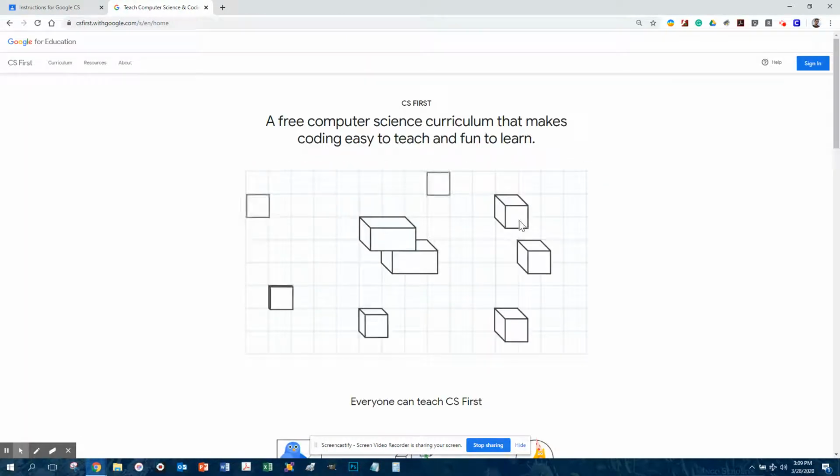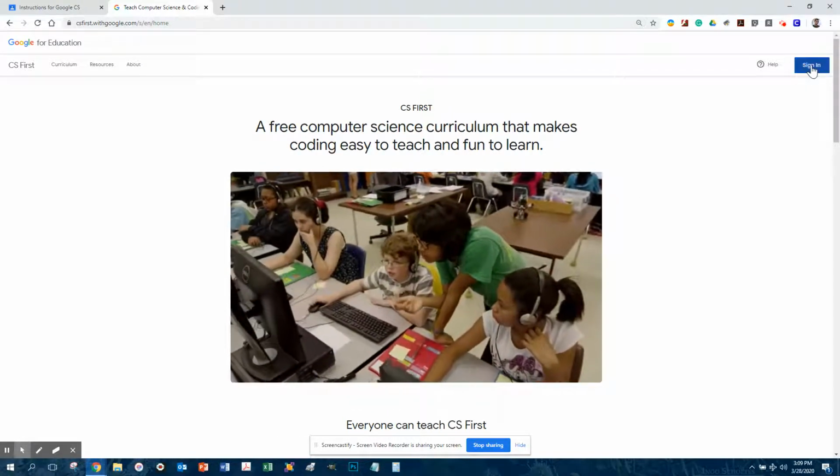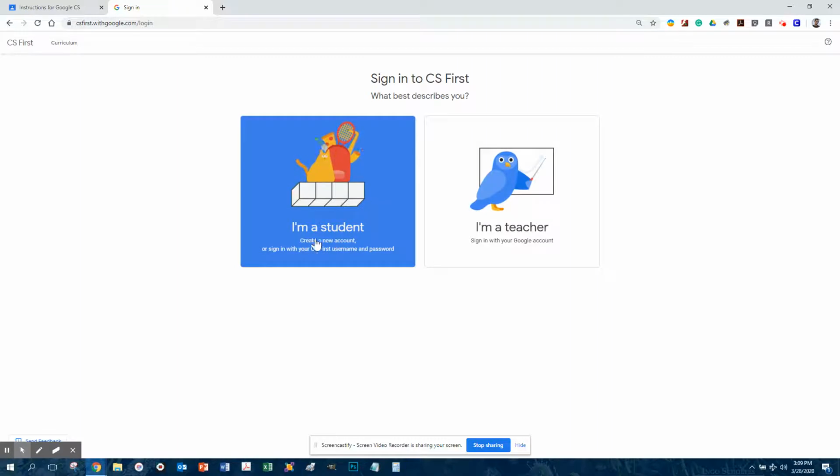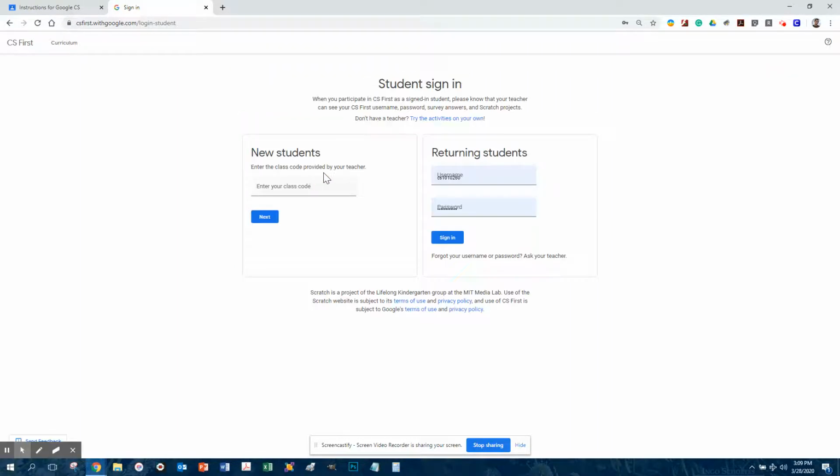And when you get there, just click on the link. And you should see something like this. And when you see something like this, I'm just going to zoom in a little bit, click on sign in. And obviously you're going to click on I am a student. And then you're going to put in your class code. Now, if you are period 3A, then your class code is DPKMJR. But if you're period 3B, then your class code is going to be PS3